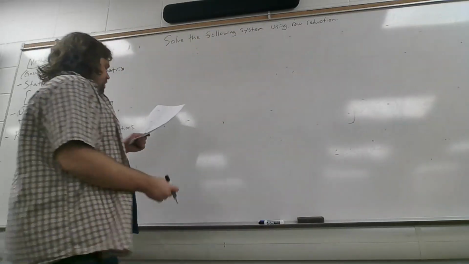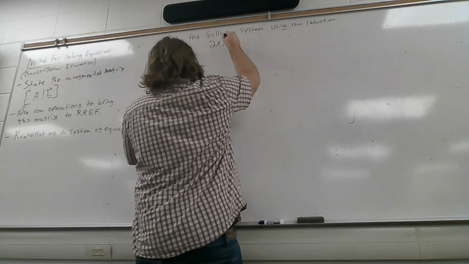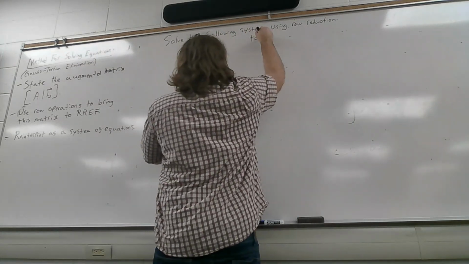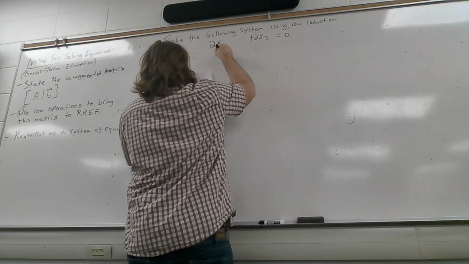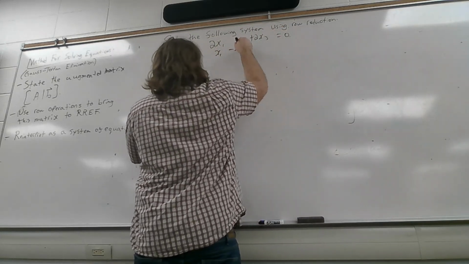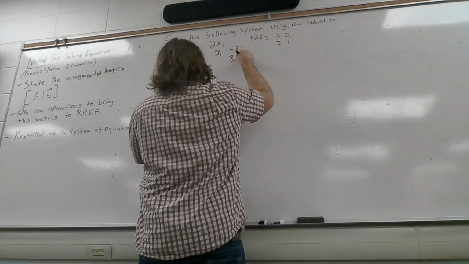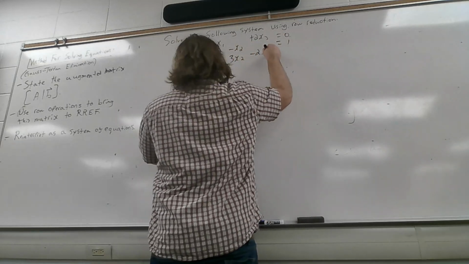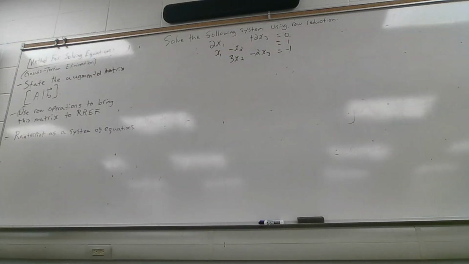Okay, so I'm just going to write down a system, and it's one we actually did last week. 2x1 plus 0 x2 plus 2x3 equals 0, x1 minus x2 equals 1, 3x2 minus 2x3 is equal to minus 1. Okay, so